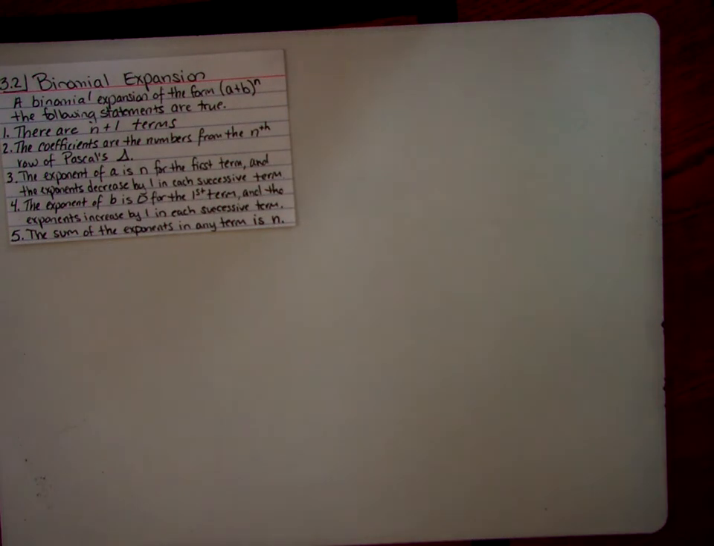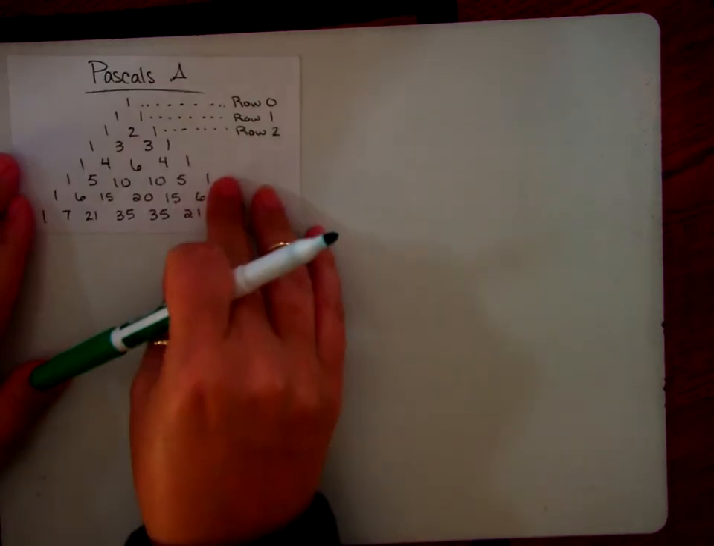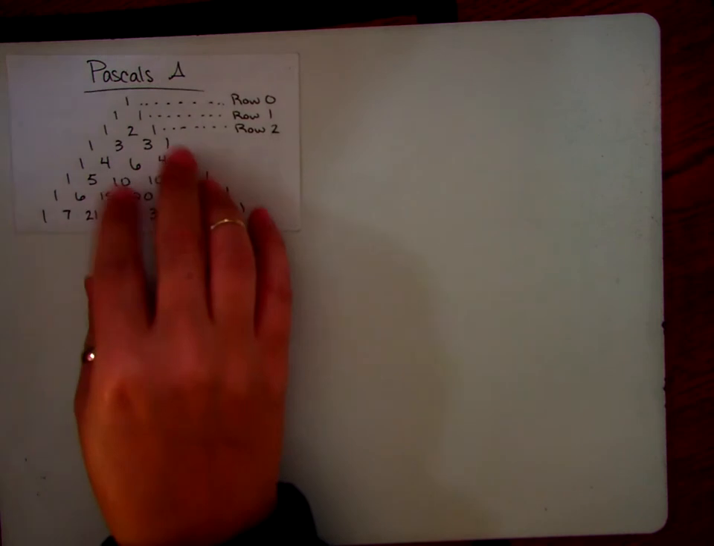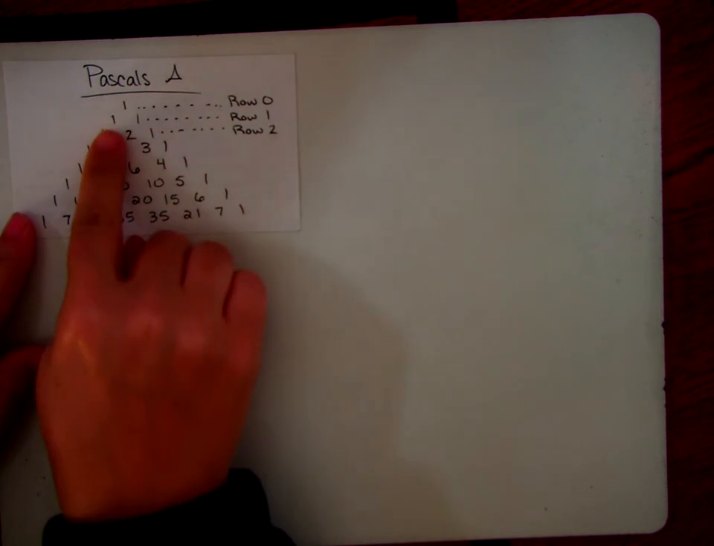Hey guys, alright, so today I want to talk about Pascal's triangle. Now, let's turn the card over. This is Pascal's triangle. And so basically, what you start with is a 1 on top and then a 1